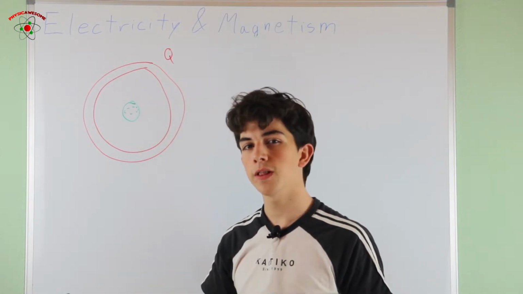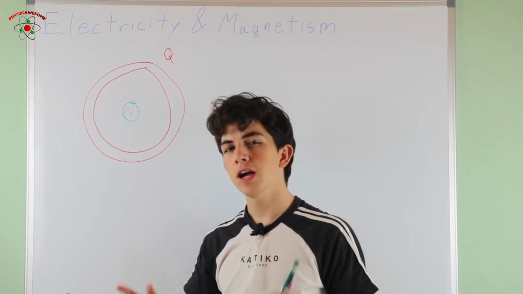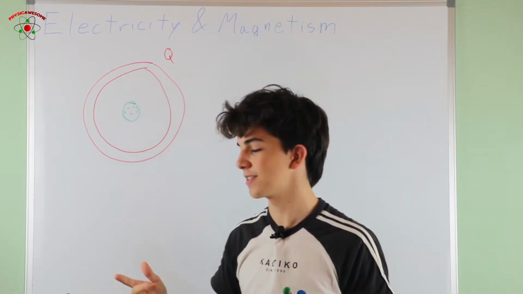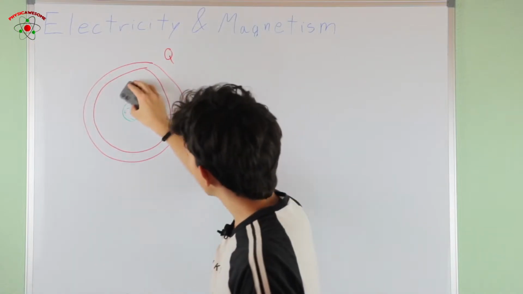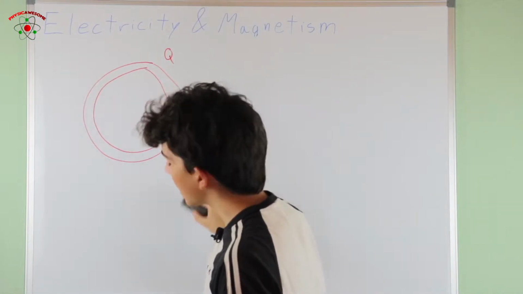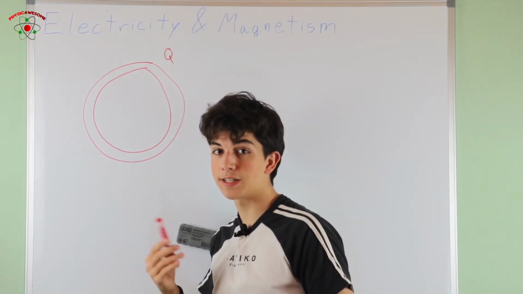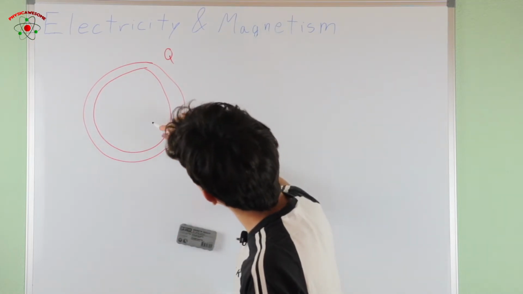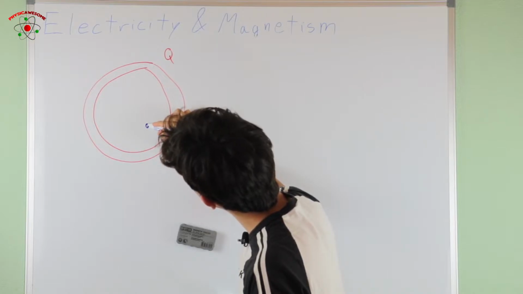Therefore, the electric field has to be zero. Now, I would like you to get some intuition about why that is the case. If we had a charge located at any point inside this spherical cell, for example, over here,